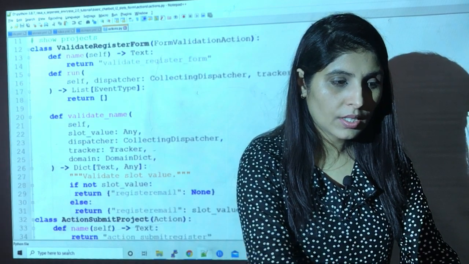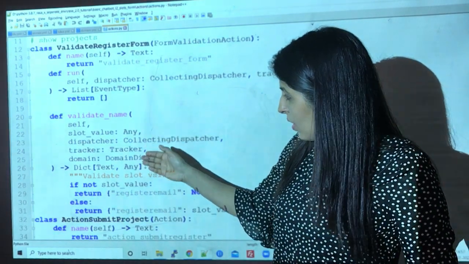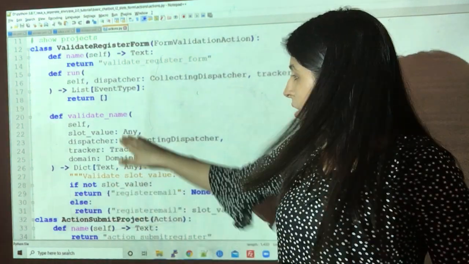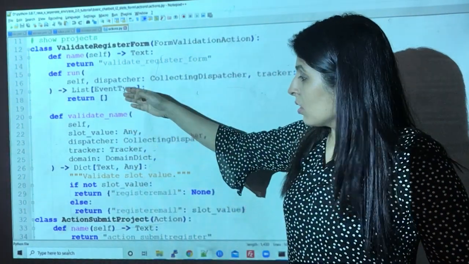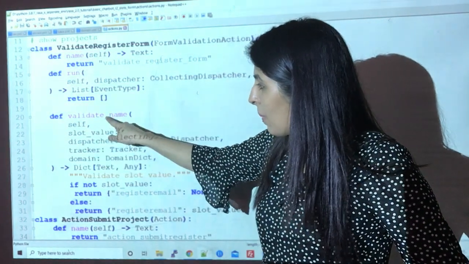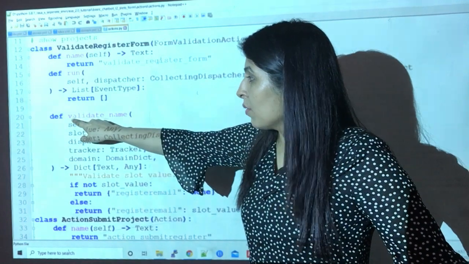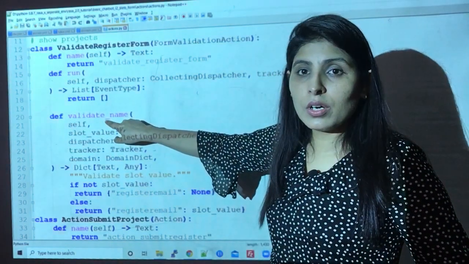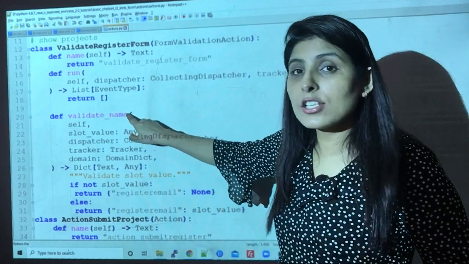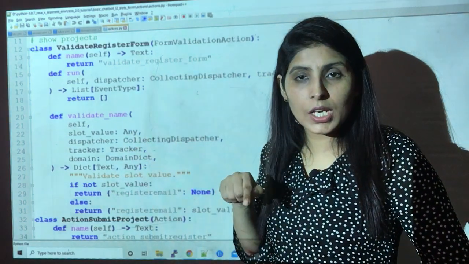See this function. This is the function. These are the important parameters which are part of this function: validate underscore, and then over here you need to write the slot name which you are creating.